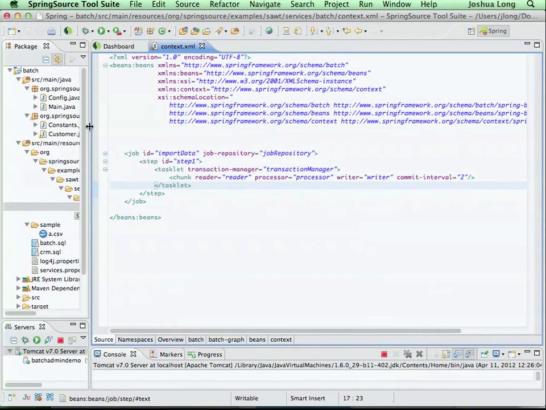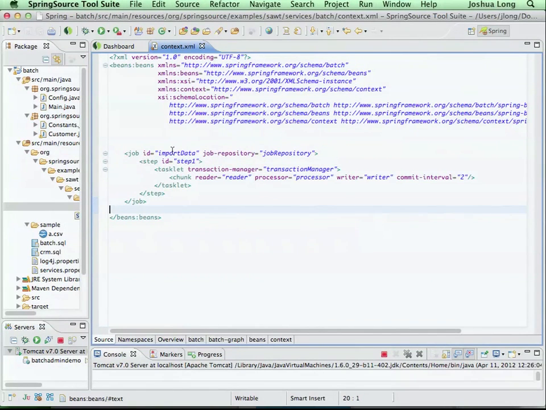Yeah. It's simple, right? That's the beauty of the namespace. It describes what you're trying to do very naturally. You guys can all see that, yeah? We'll get into it. I'm going to work through this, but basically that's your job. You've given it a name. You've told it where to store the data in the job repository, the data regarding the runtime state of the job itself. And your job itself can have multiple steps. And then steps, in turn, can either have tasklets or other things, we'll talk about what else it can have in there. But basically, your composition is one job to n steps, right?